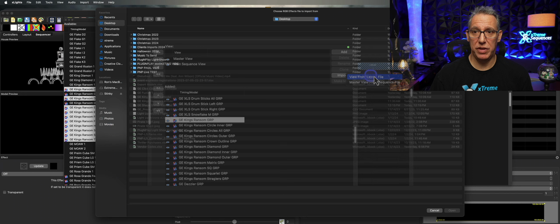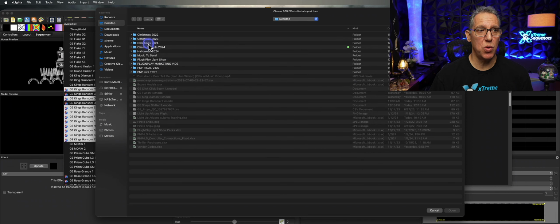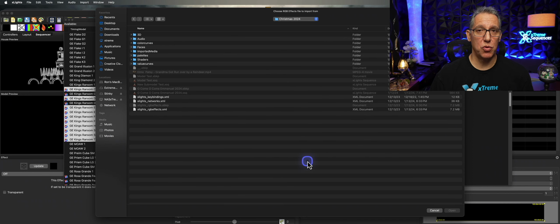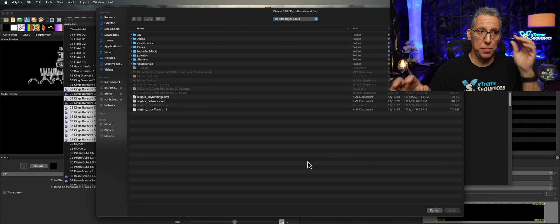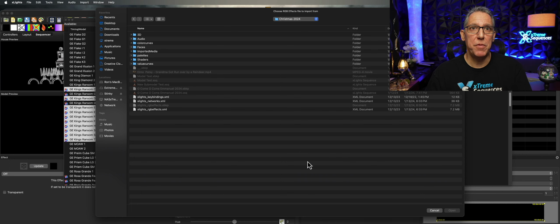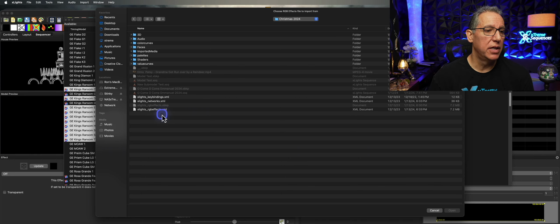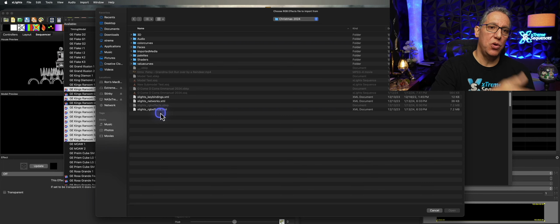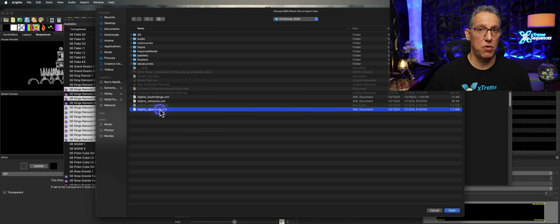If I click view from layout file and I go to my 2024 world, so this will be any of the sequences from 2024. And some of them have already been updated. If you see a sequence and it says 2024, it's going to have just about probably 99% of everything you need. The only thing it's not going to have is the new model that I've added to the 2024 show, which is click, click, boom from Gilbert Engineering USA. What we're going to do here, once you are looking at my RGB effects file from any 2024 sequence, we can click open.